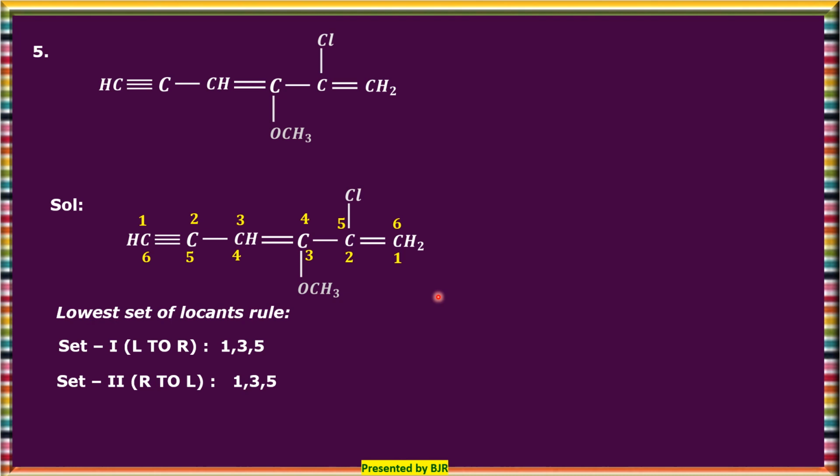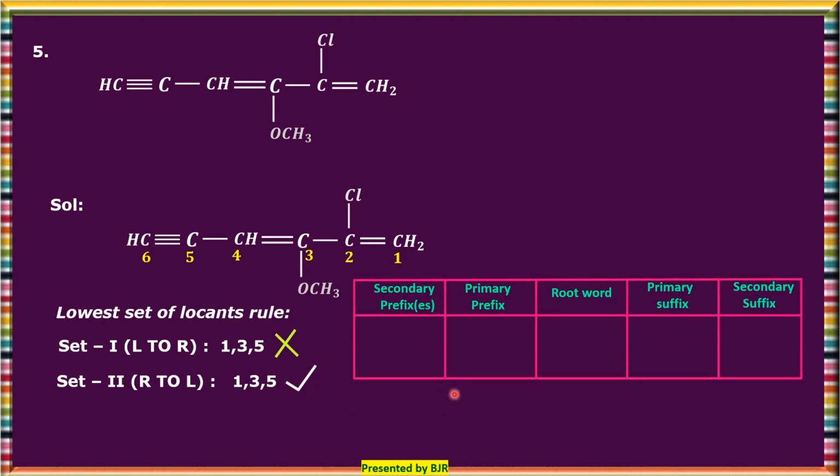At that time, double bonds are given priority. That means lowest numbers possible are given to the double bonds. So here, triple bond from left to right and double bond from right to left, both are competing for the same position. At that time, double bond is given priority over the triple bond. Okay, so this one is the wrong way of numbering and this one is the correct way of numbering,